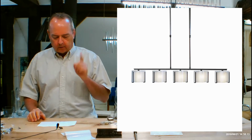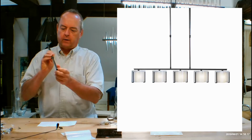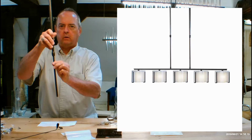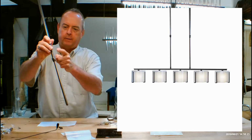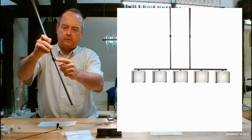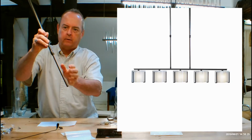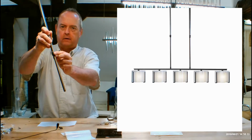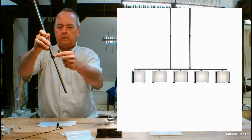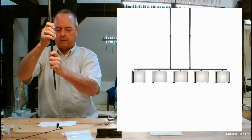And now let's talk about it including these telescoping rods. If you guys are familiar with Hubbardton, they have a patent on this whole telescoping rod idea. So you have a smaller rod telescoping into a bigger rod. There's a clutch right here, and what this does is after you get it to where you want it to be, there's a hex nut right in the side of this. It's going to come with a little hex nut wrench. You kind of screw this in, and it tightens this up so it doesn't let it go up and down